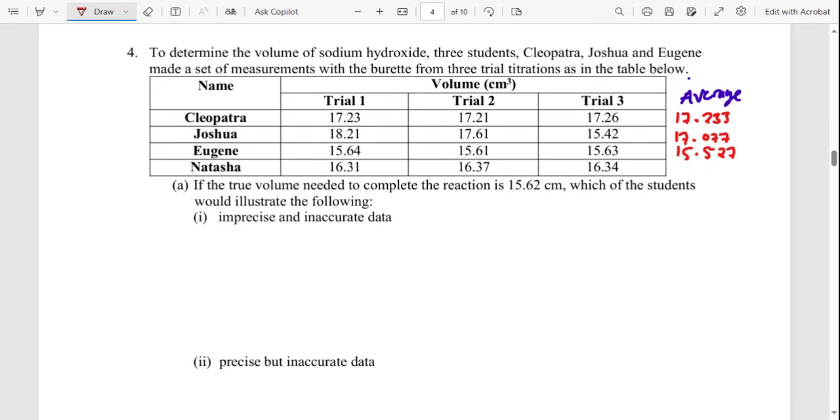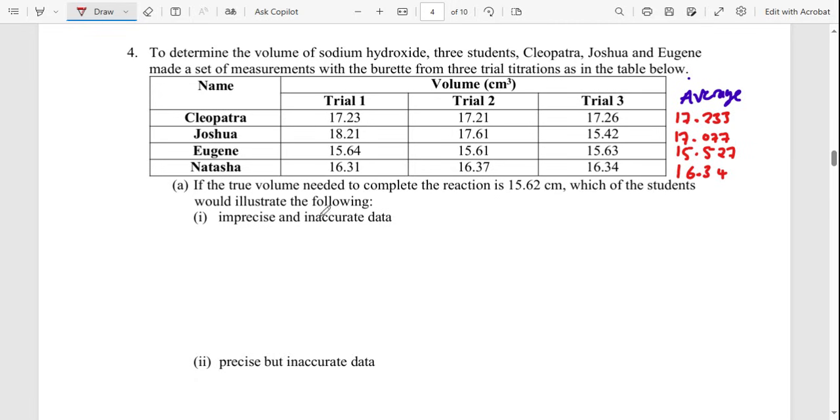And then for Natasha, 16.31 plus 16.37 plus 16.34, and then divide by 3. That is 16.34. Okay, now that we have got these values, the first question says